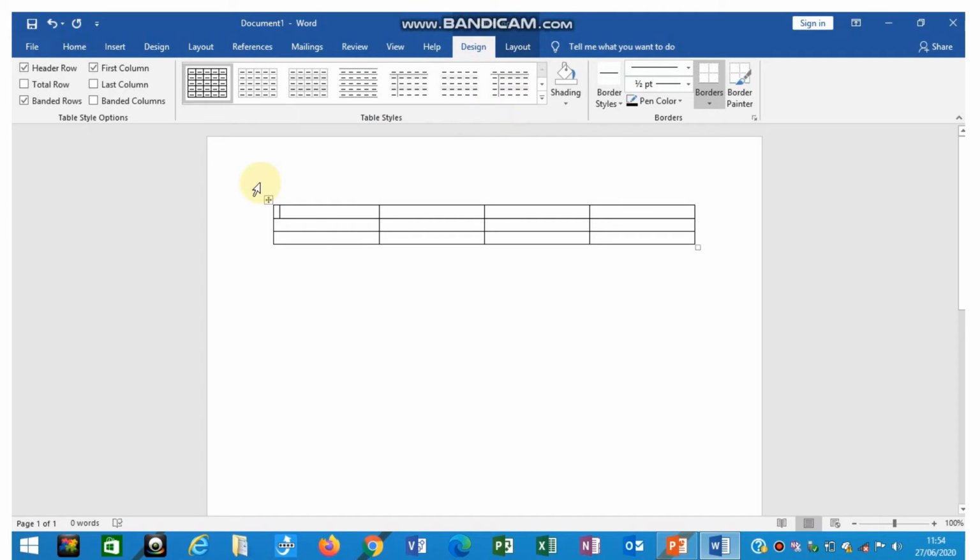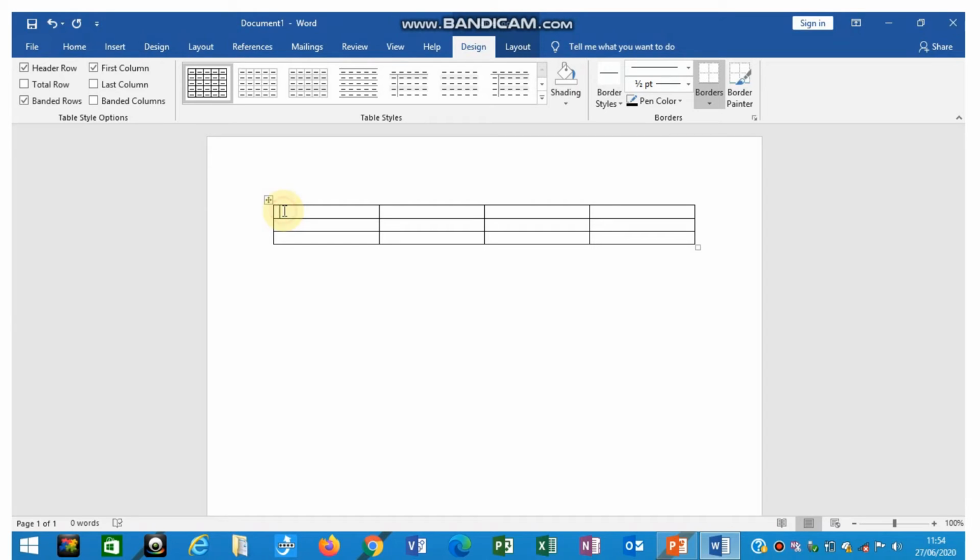Suppose you want to insert one column beside the first column. So click on the first cell here, whichever desired cell, whichever desired column beside which you want to insert a new column. Suppose I want a column on the left side of this table.